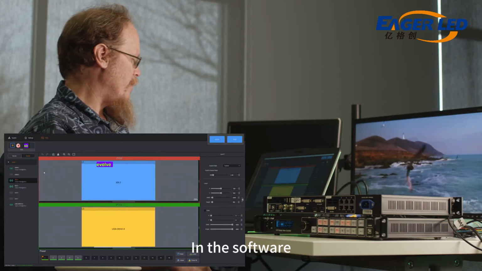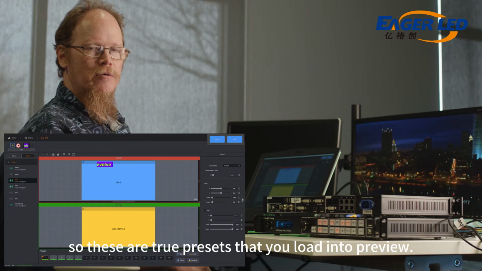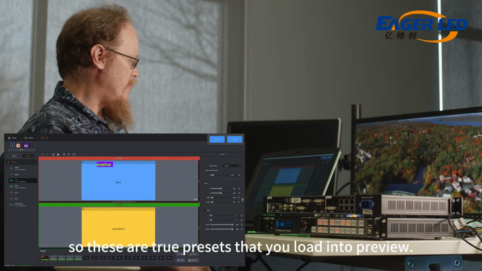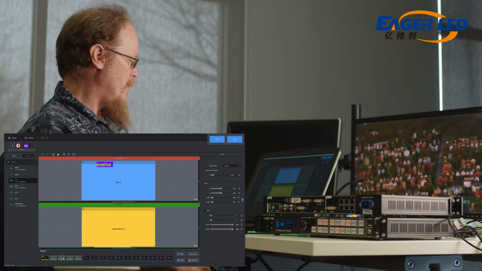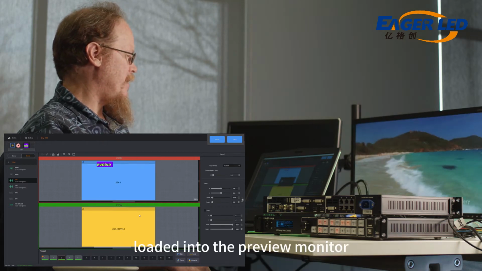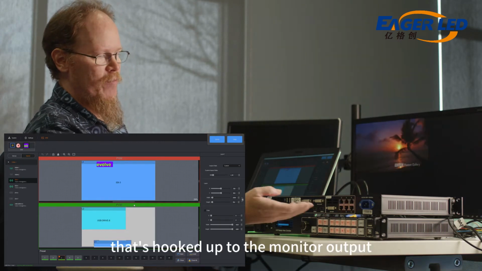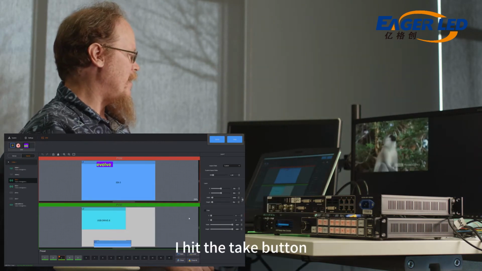In the software, you have 16 presets available. So these are true presets that you load into preview. So I'm going to click the load button, load it into the preview monitor. The monitor behind me changes. That's hooked up to the monitor output. I hit the take button